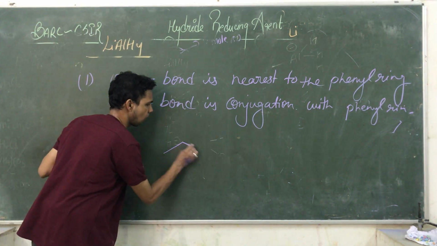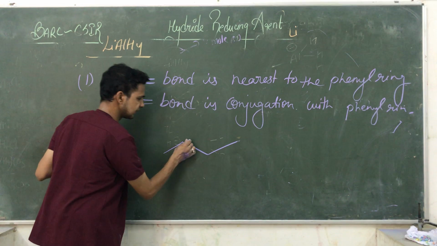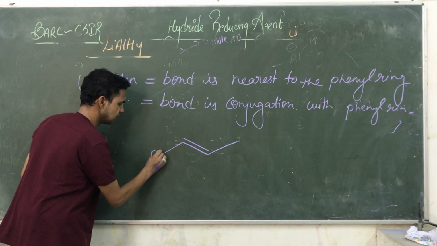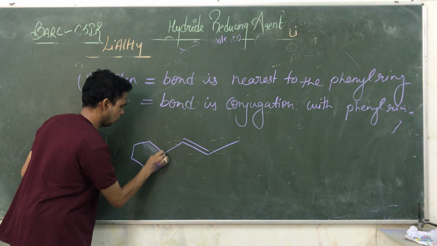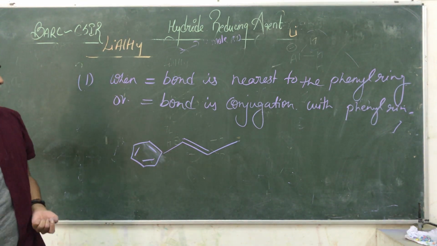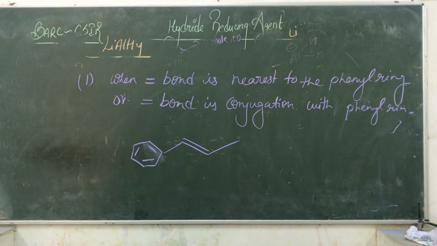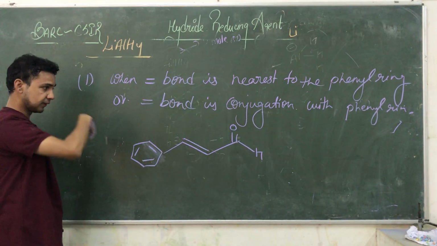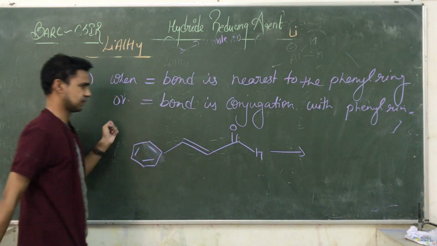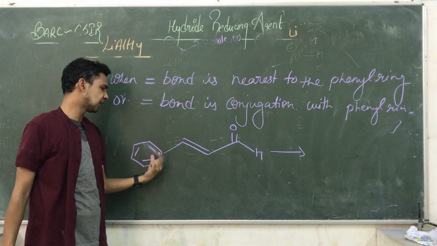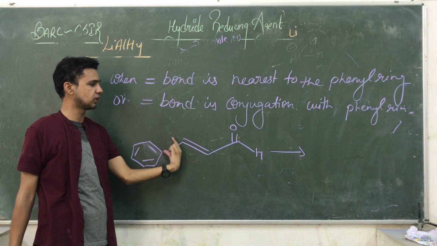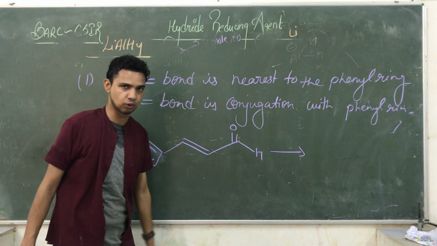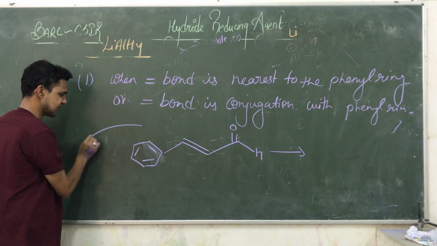The example is, okay, that is the double bond and that one is a phenyl ring. So that is a double bond and the another one is a phenyl ring. At that condition they affect its activity. Okay, so यहाँ पे क्या होगा, इसकी एक्टिविटी को ये अफेक्ट करेगा. यहाँ पे हम एक फंक्शनल ग्रुप ले लेते हैं O and H. So what happened here? Two types of reaction take place. I know we already taught you when the double bond is in conjugation with phenyl ring, lithium aluminum hydride is converting it into a single bond. Okay, but what happened? This reaction takes place in two ways.